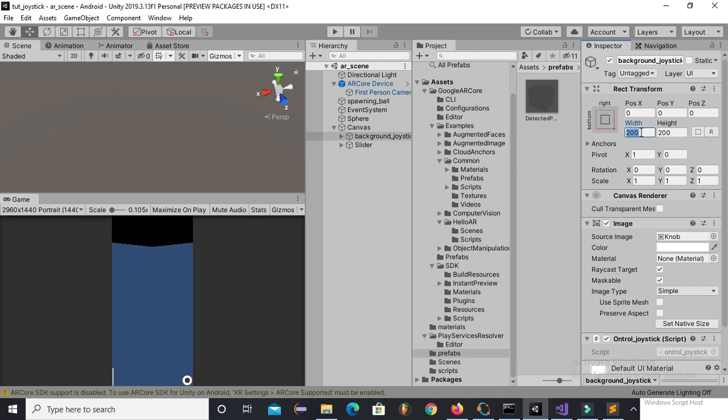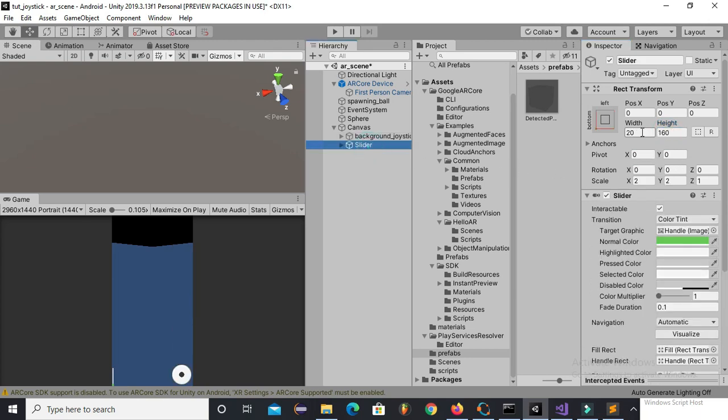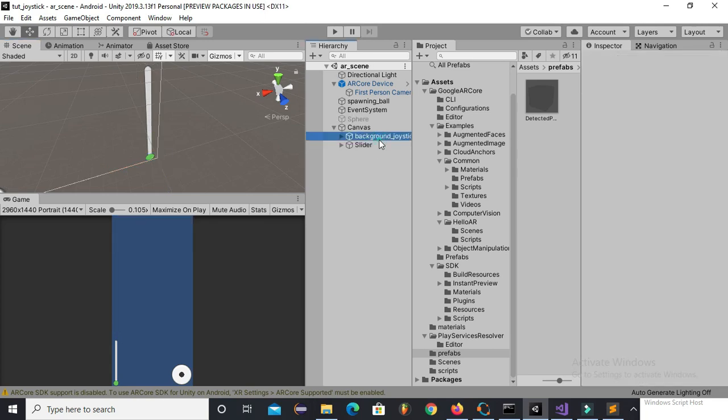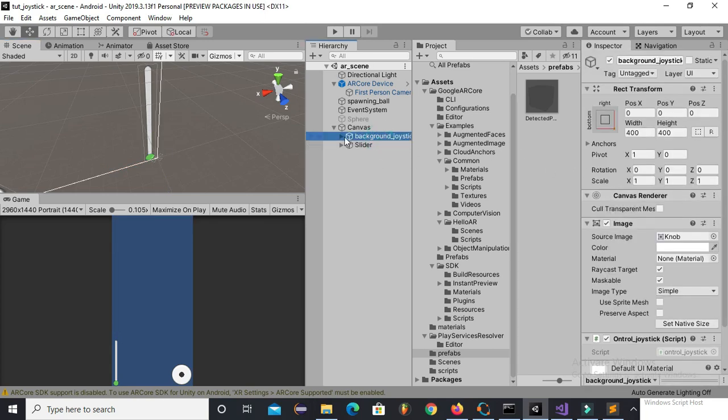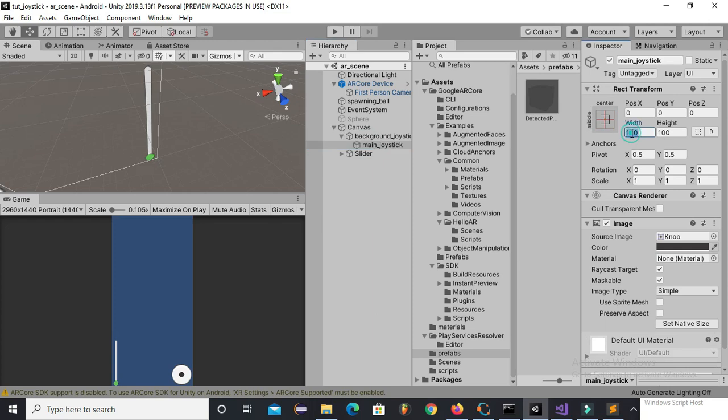Here I am setting 400, which is better, and the slider, and now I want to shift this a bit, so now it is good. Okay, so here this small black circle is too small, so make changes accordingly.